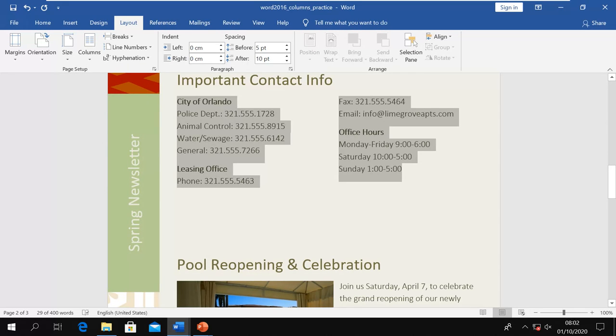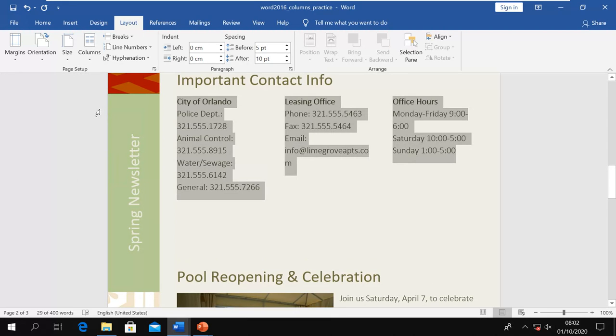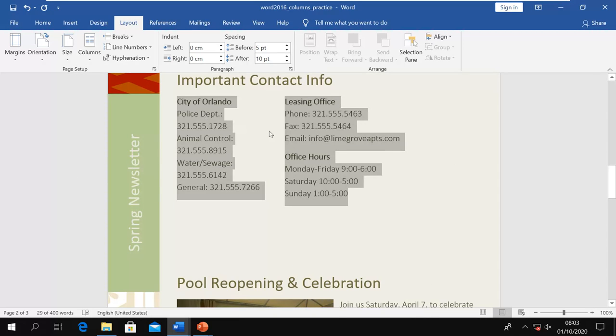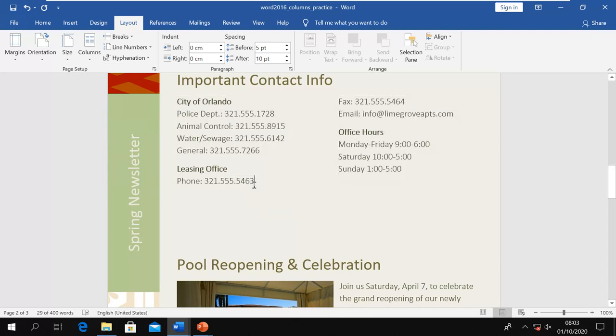Now you can see it is divided into 2 columns. And also you can decide where the column break will start. Or you can select more options like 3 columns. You can go for left, where left is big and right is small, or you can go for right, where right is small, left is big. So you have these options. I say 2 columns, I select 2. So now it is looking into 2 columns.